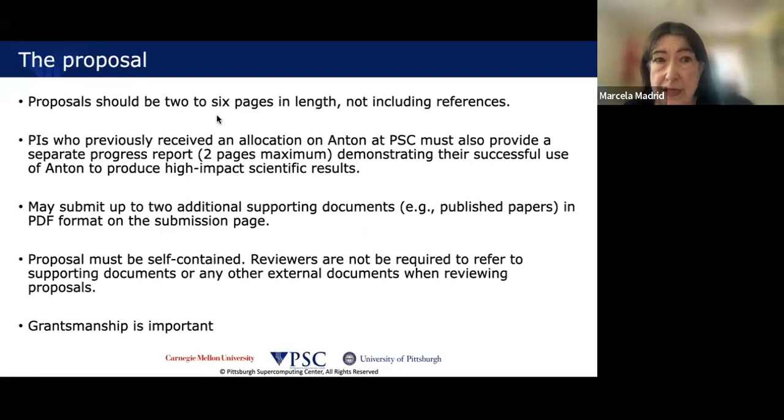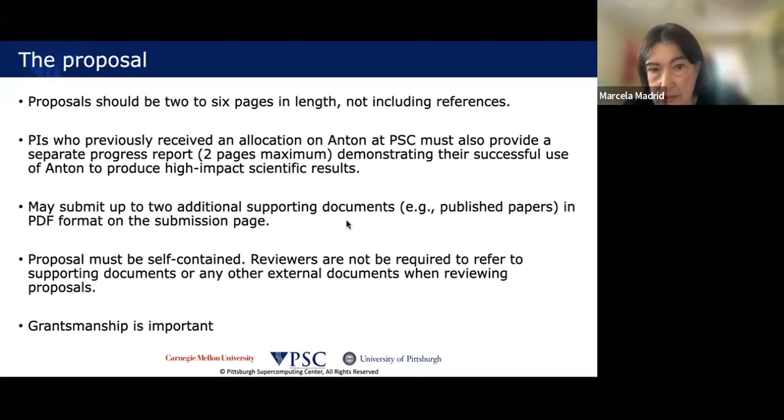The proposal should be between 2 and 6 pages in length, not including the references, which are not counted. If the PI has already had an allocation, then it is mandatory to have a progress report, of 2 pages maximum, demonstrating the success in using Anton to produce high-impact scientific results. And then you can submit up to 2 additional supporting documents, which can be, for example, published papers in PDF format